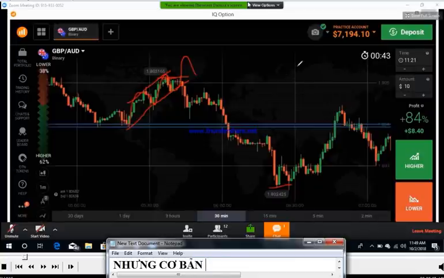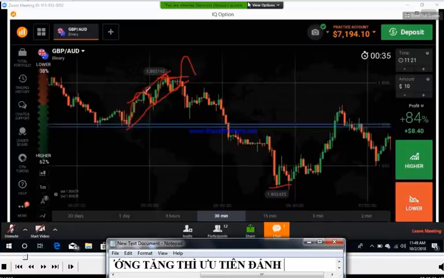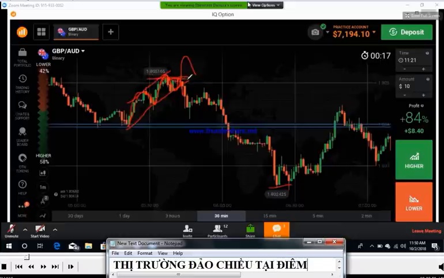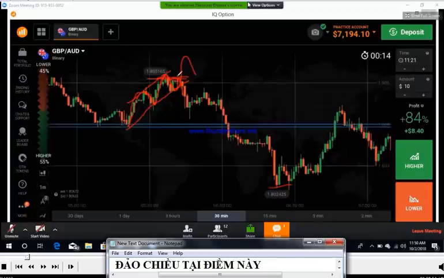Just now I started. Okay, you can see this is a small minor trend. The market is moving like this. This is the trend, but here the market reversed from this place. It means the uptrend is completed here. This small uptrend is completed here. The trend is completed. It is reversing from this area. So now again the market is following the major trend from this place.